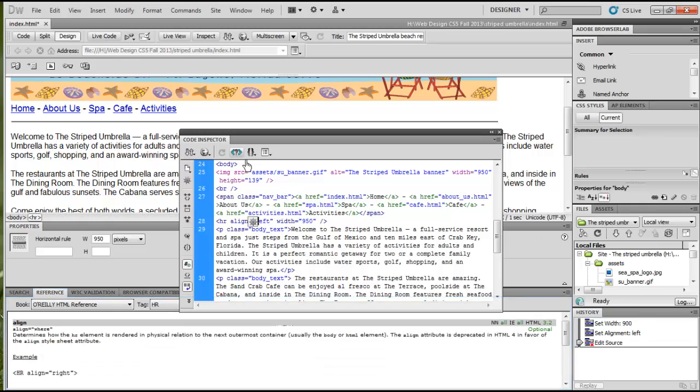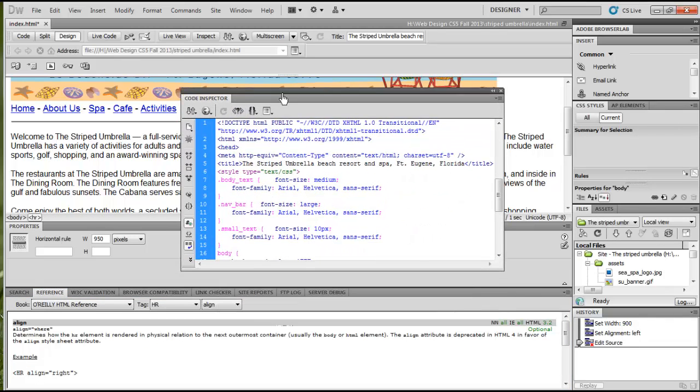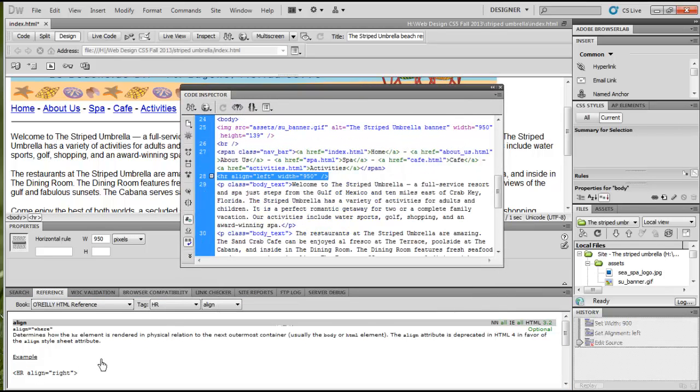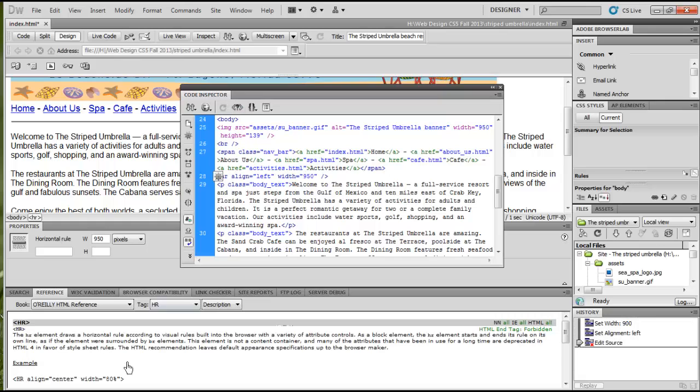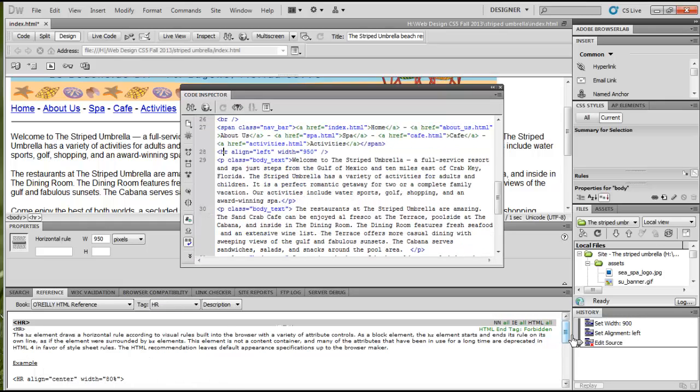It's going to take a little bit for it to load. But then down here, depending on where I am, and because my cursor was on the align when I clicked reference, it goes through and it tells me information about that line of code. Same thing if I would have had it on the HR and then clicked reference. It's going to go through and give me all of the information down here below